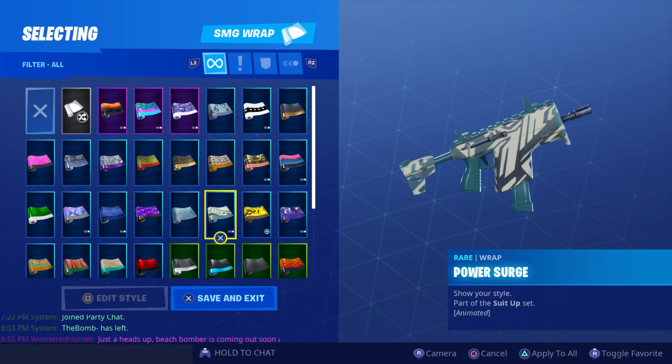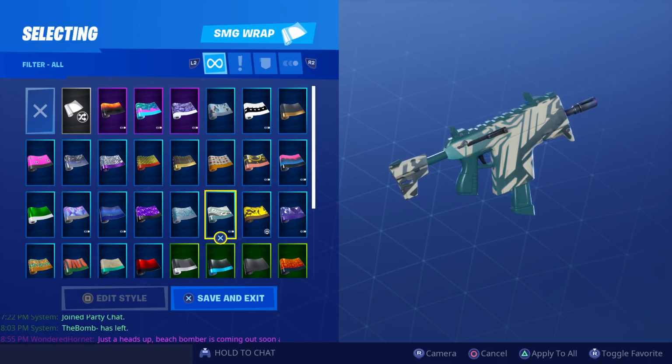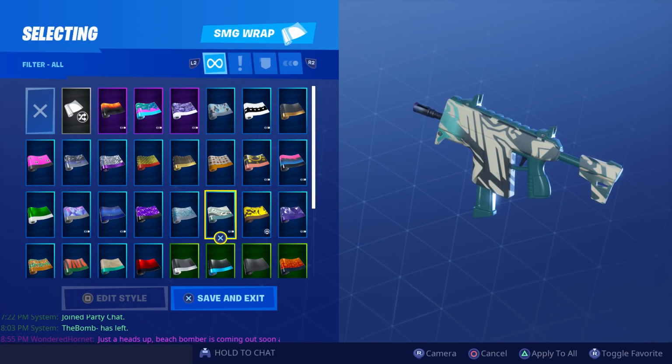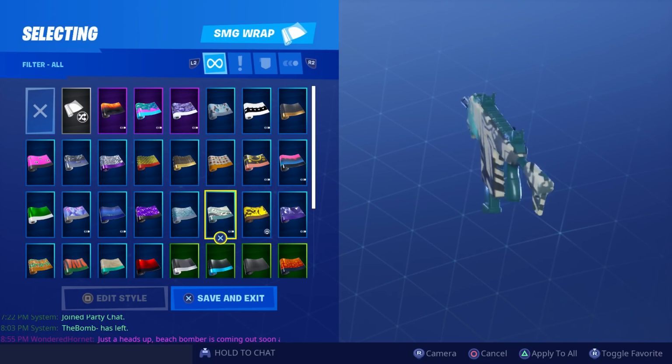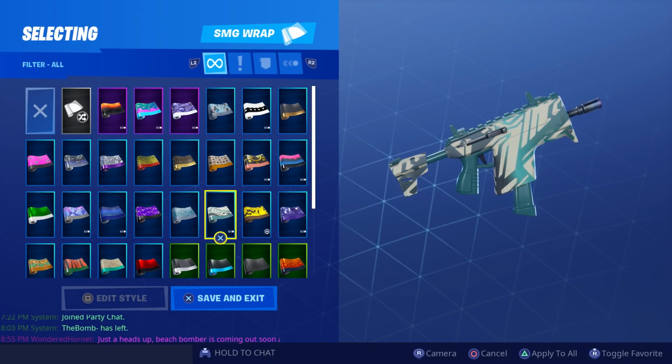Now, Vendetta also comes with a wrap, and this is called the Power Surge. Now, this one is animated. Why was Lux's not animated? I don't know. And as you can see here, it's kind of striped like a zebra, and at least it has that power surge, as its name implies, going through it. So this one's kind of cool. But unfortunately, it's only this single color, so it kind of goes with the green and blue, I guess. And the red and orange, not so much. So I personally wouldn't use this, but hey, it's a free wrap that came with the Battle Pass with Vendetta,